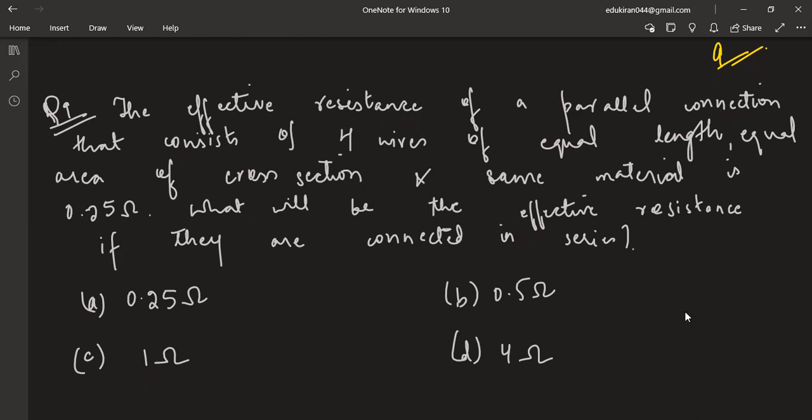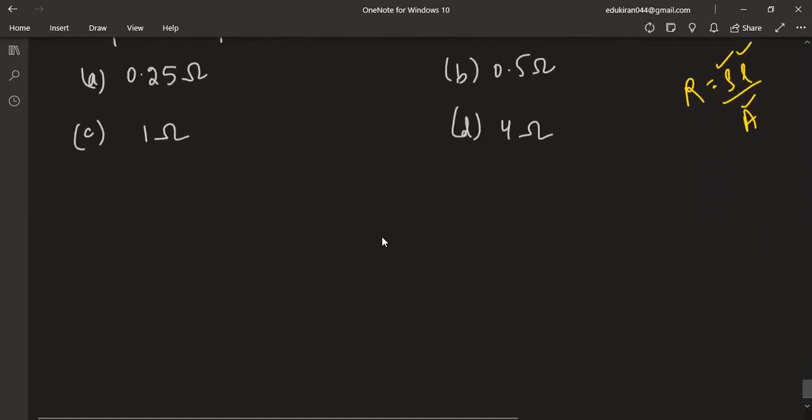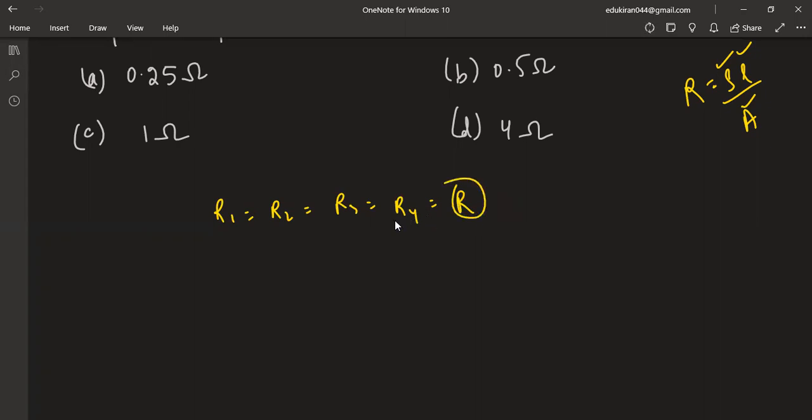So don't we know the formula? R is equal to rho L by A. Length same, area same, same material. So can't we say resistance is equal for all the wires? Let's say all are equal to this R. And R equivalent is also given, that is 0.25 ohms. It means